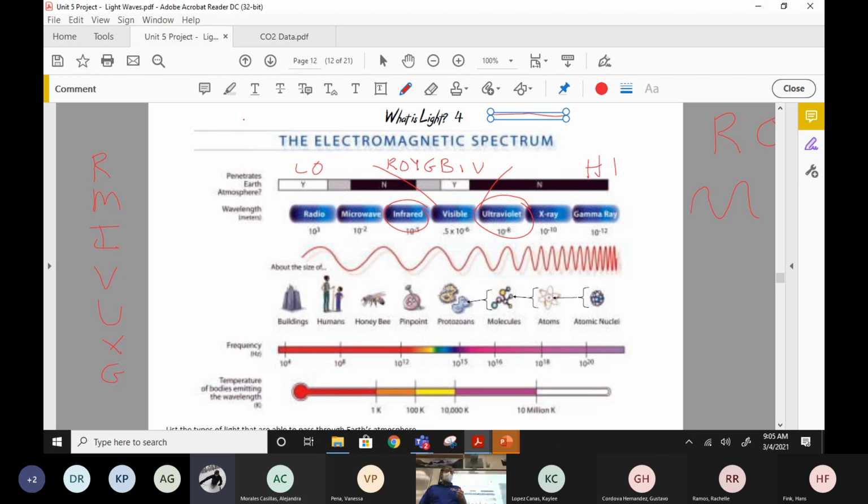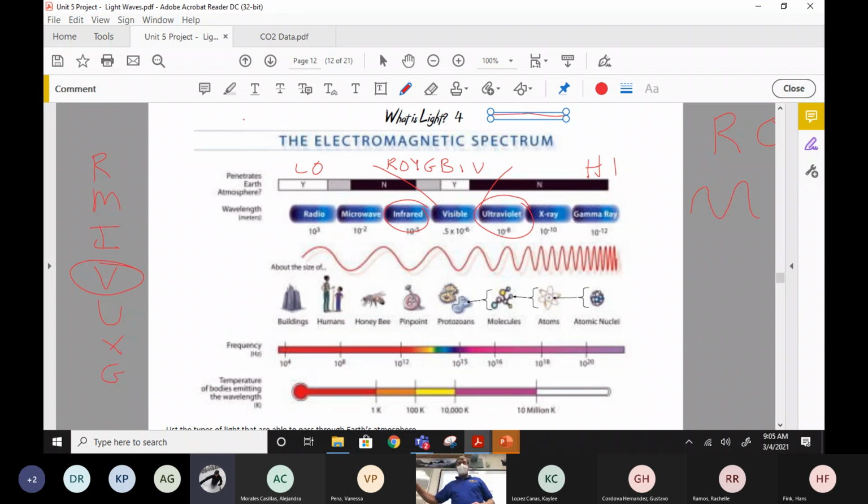Okay? So, I don't know. I just kind of came up with that halfway today, halfway yesterday. I don't know what to say. Maybe it would work for you. Maybe it wouldn't. There's different ways to memorize things, huh? Another way to think about it is visible is in the middle, and then there's 3 lower energy and 3 higher energy. Because then you only have to memorize 3. Although you have to memorize it twice, huh? 2 different ones of 3 things each.